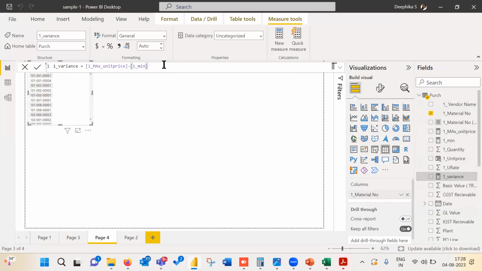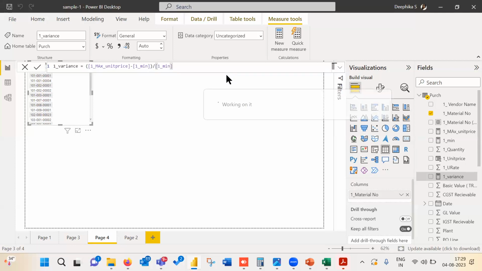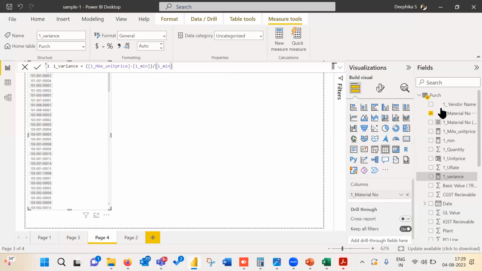So variance also we can do it as a percentage, that will be better. So divided by minimum. Number percentage.